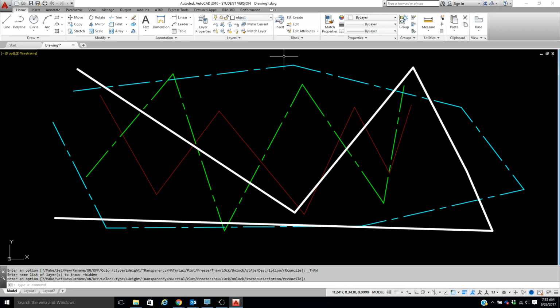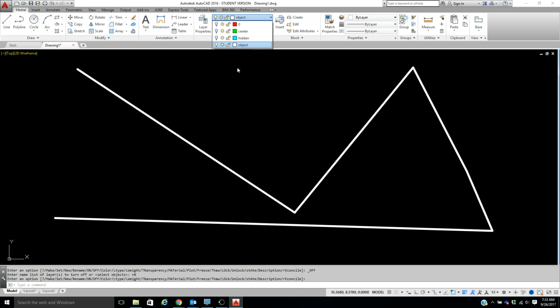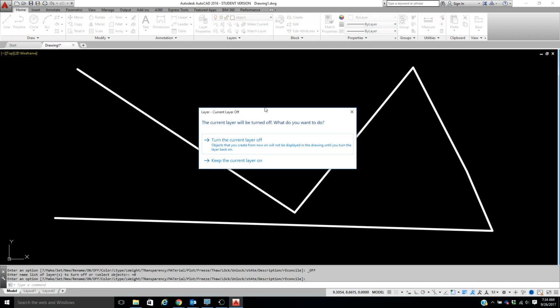Okay? Now, what's the difference between on and frozen? When this thing is the sunshine, when you freeze it and it turns to the snowflake, you can't do anything with it. It won't print, you won't see it, you can't draw on it, nothing. But when you come down to these others with the light bulbs, they turn blue. And in the past, you weren't allowed to draw on those layers. But now it's going to ask you,